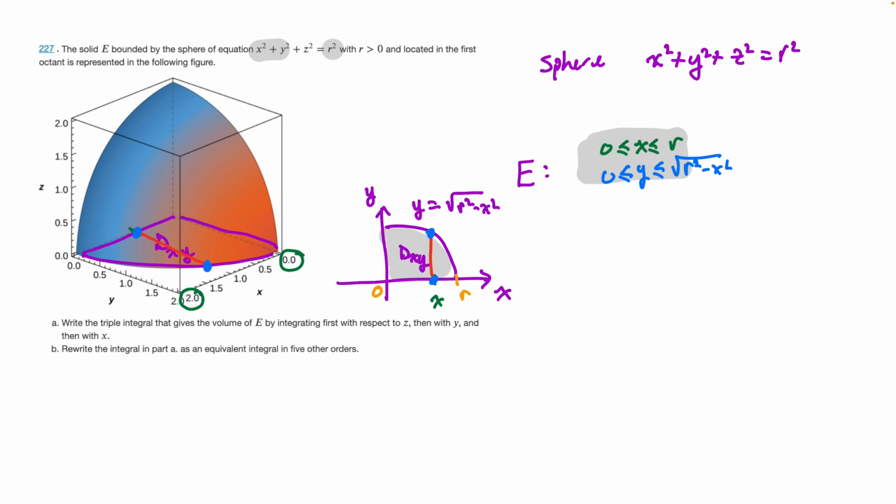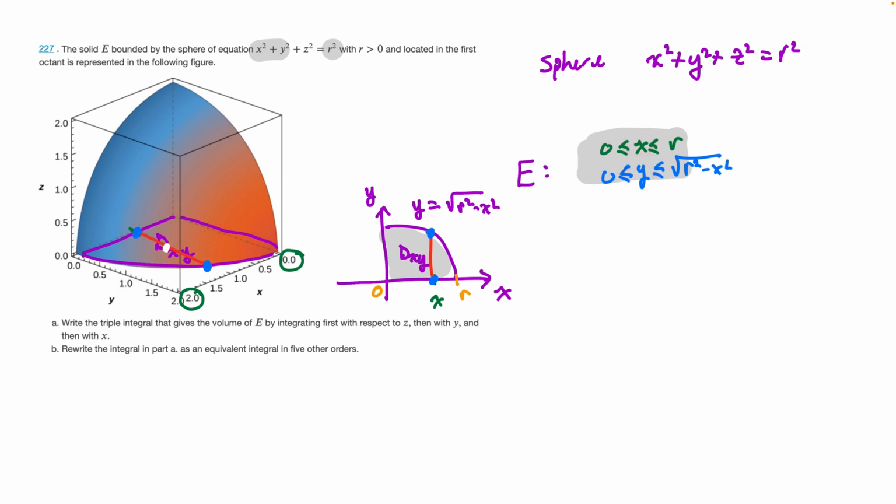Then, to figure out z's, you go ahead and you pick a point. Let's go with a white point. On that line segment, that point that you've picked has both an x-coordinate and a y-coordinate. So depending on that choice of x and y,